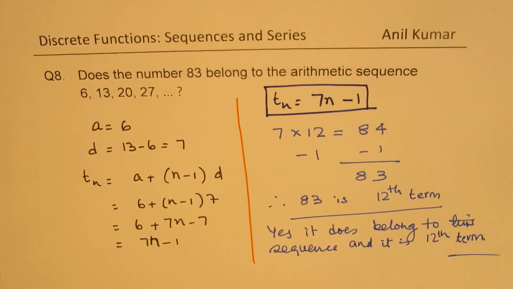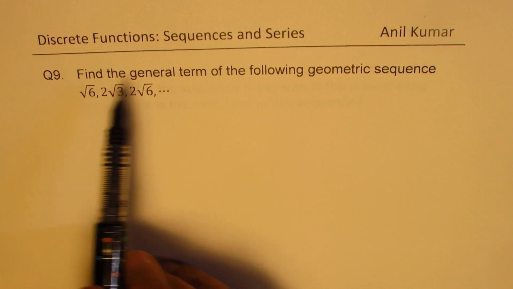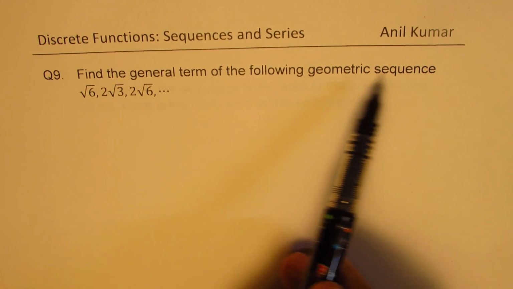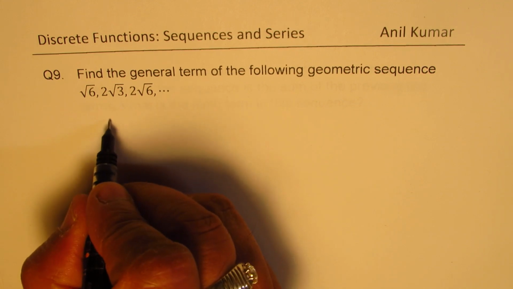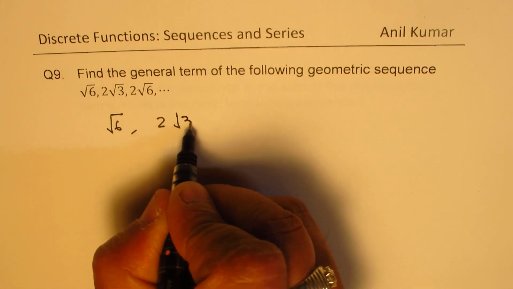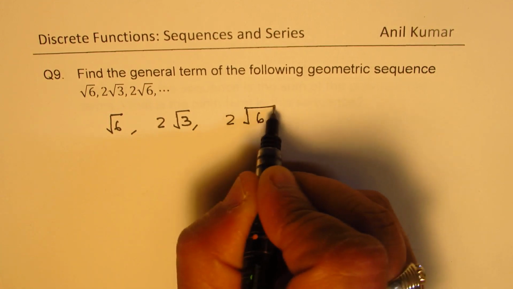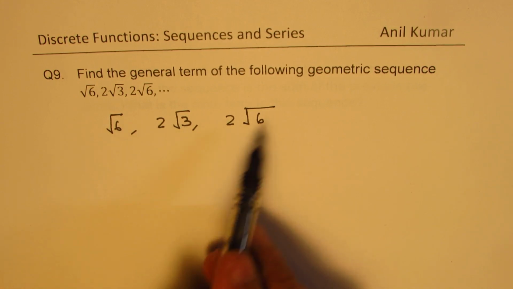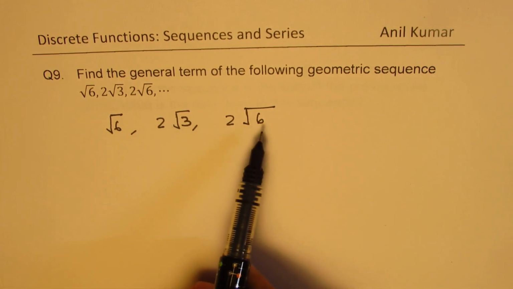And now let's look into the next question, which is question number 9. It says, find the general term for the following geometric sequence. So the sequence is geometric given to us. We have square root of 6, and then we have 2 square root of 3, and then we have 2 square root of 6. Now when you have this kind of a thing, it's a good idea to write all with the same